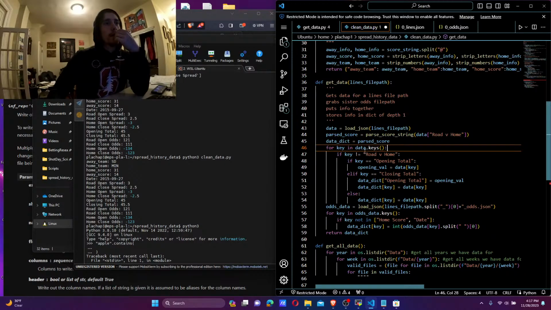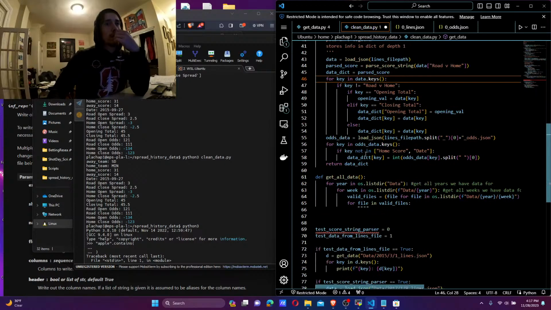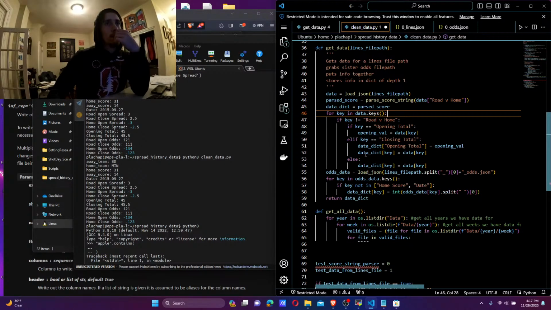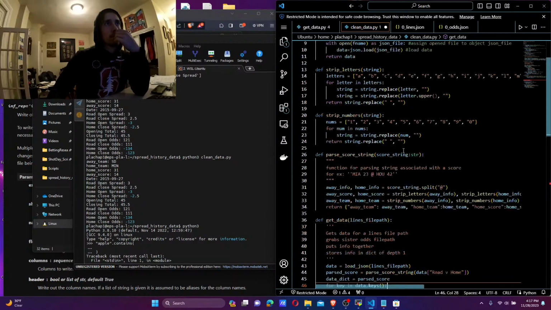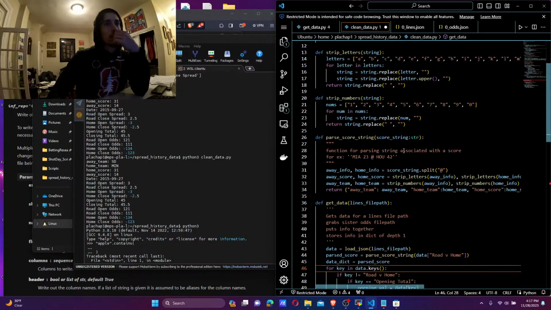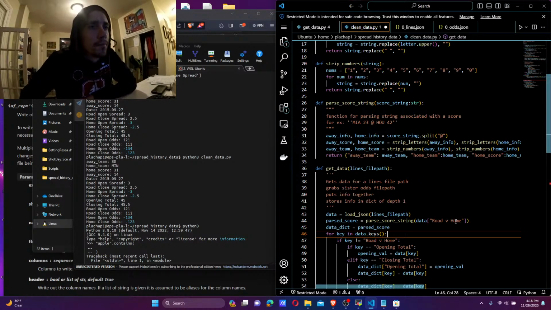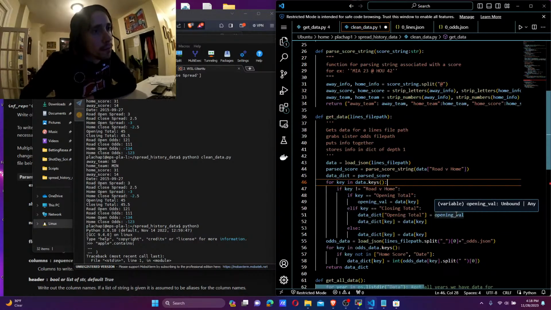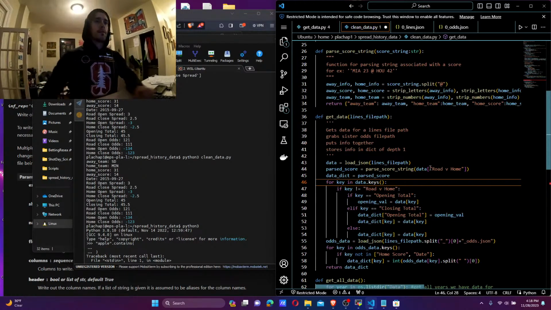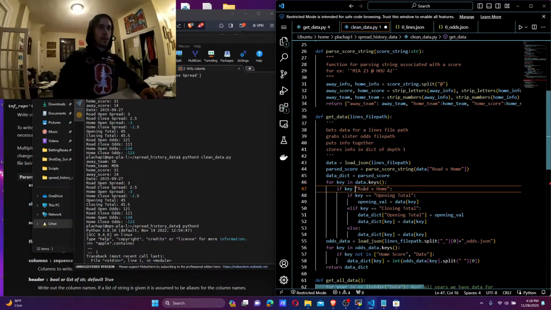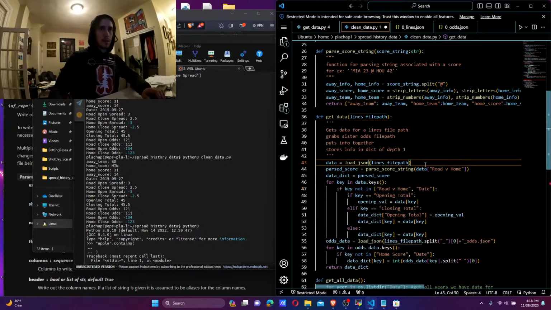So if key not equal to road v home. Yeah, we'll just do the same thing that we did down there. So we'll just say key not in, and the first string we don't want is road v home. The other string we don't want is date, and we don't want the date string because